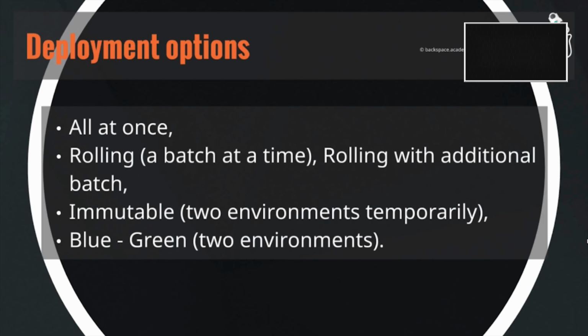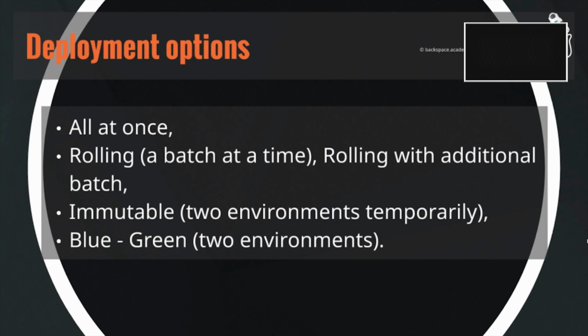The other option is an immutable deployment, and that is a bit of a variation of the all-at-once. It's still doing an all-at-once deployment across your 20 EC2 instances, but while that's going on, it's going to deploy another 20 EC2 instances. So temporarily, you're going to have 40 EC2 instances. It's going to double up a lot on your capacity, but through that period where your new version is being deployed to that environment, you're not going to be suffering any downtime.